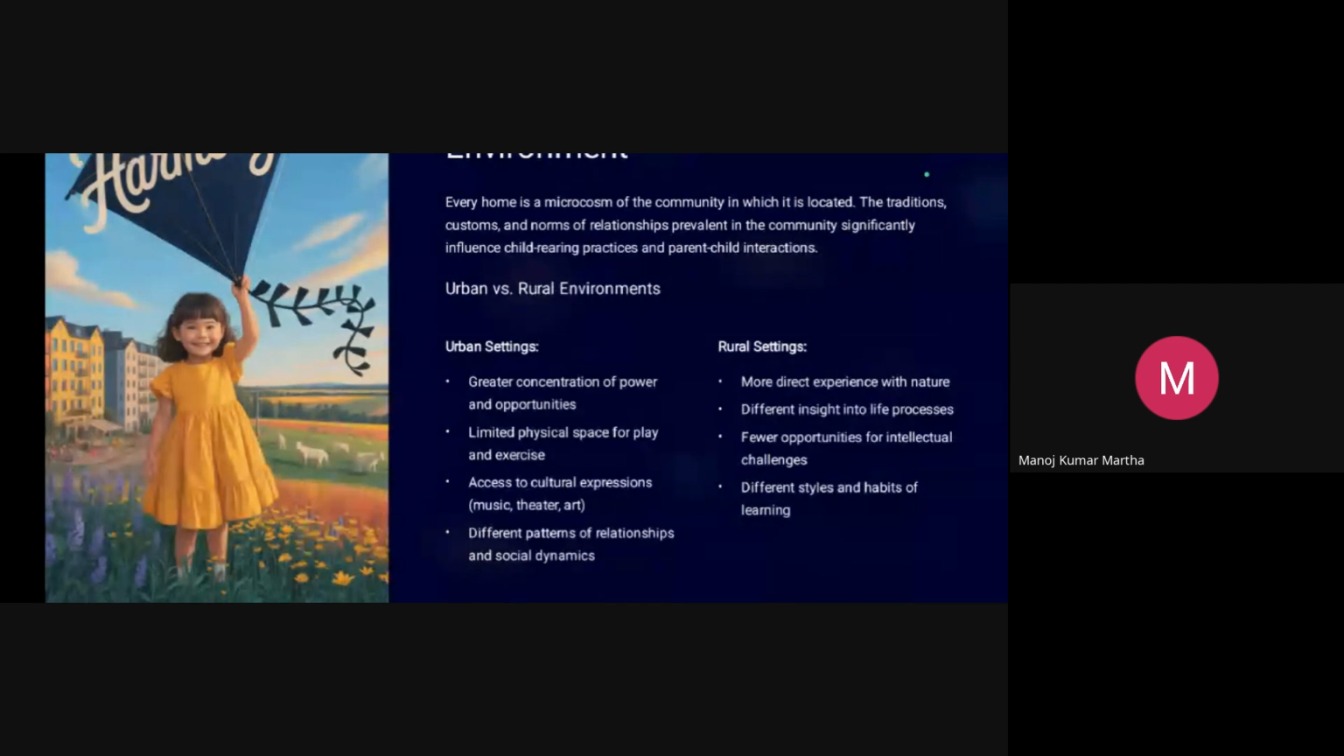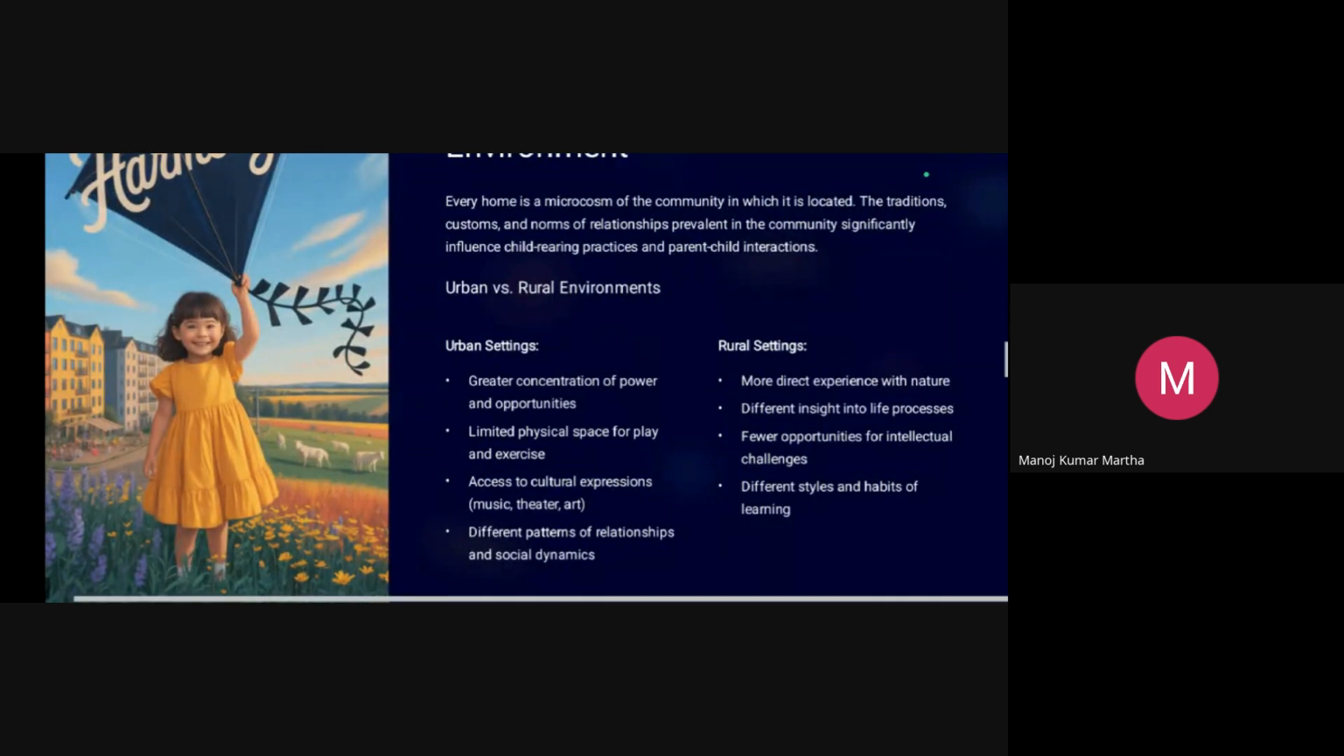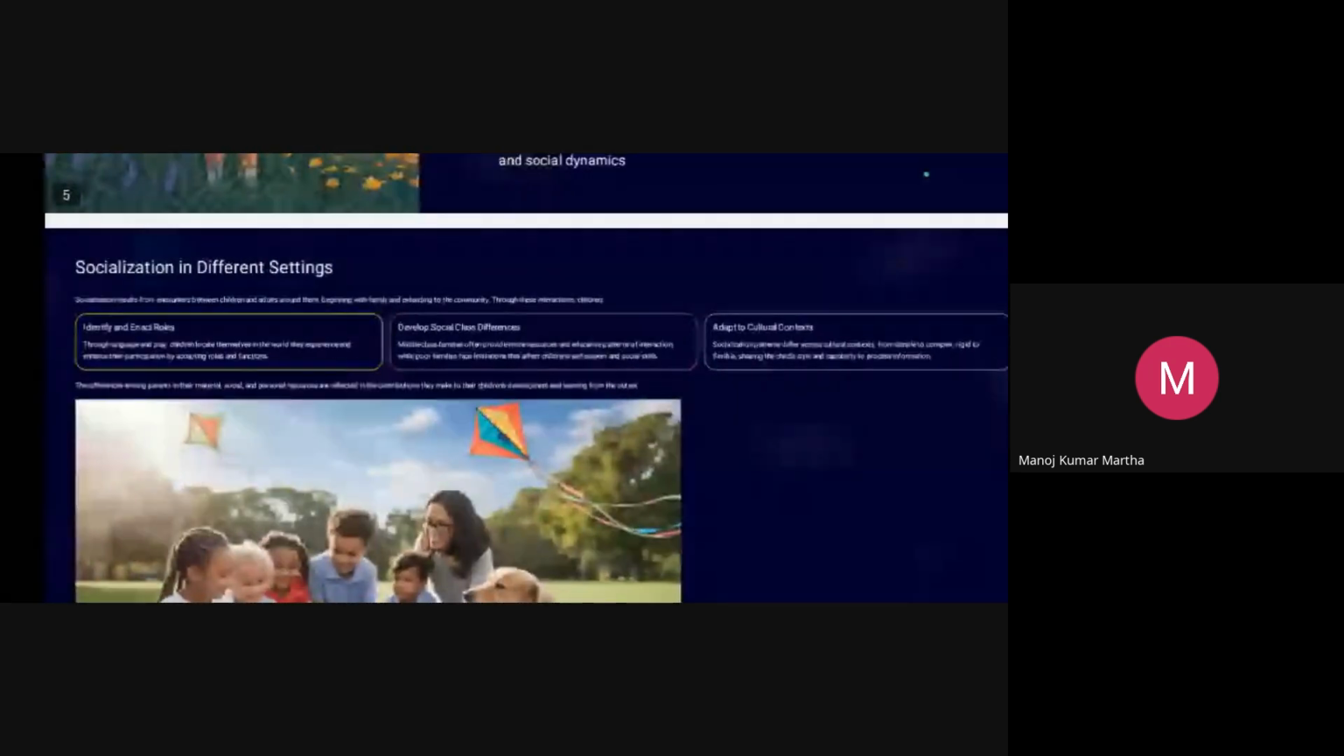Similarly, if we see an agrarian society and an industrial society, the learning processes are different in these two types of society. In an agrarian society, they learn different kinds of skills, their attitudes are different, but when it comes to an industrial society, their attitude, their skill, their interest towards jobs are different, and they learn as per their own environment. Okay, then